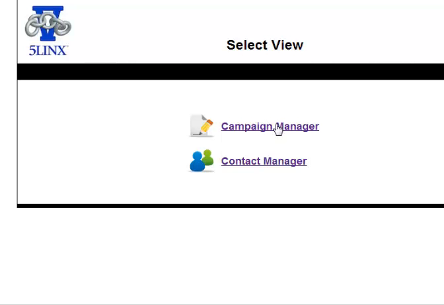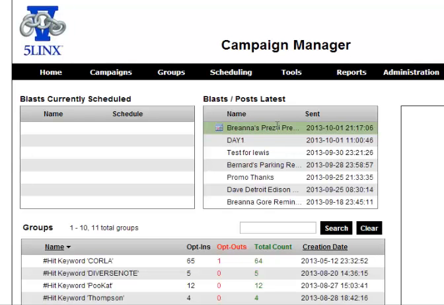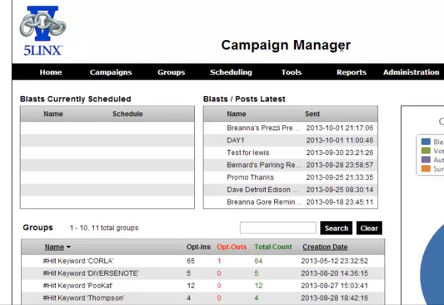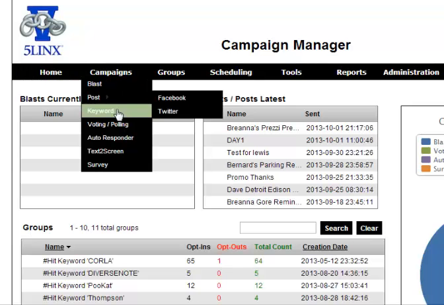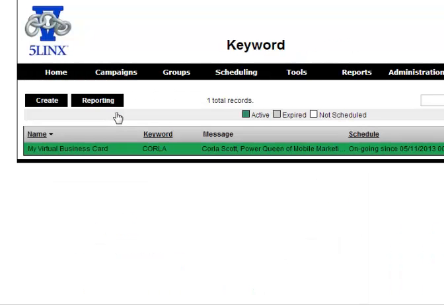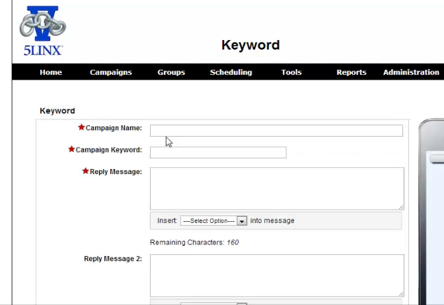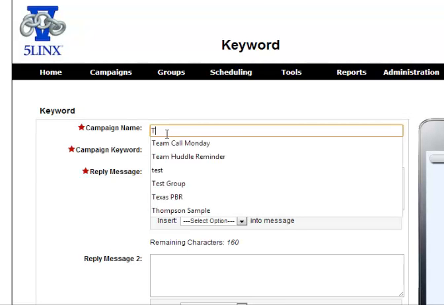You go to your campaign manager to immediately start the keyword, or you can go to the contact manager to upload or begin to type in your phone numbers. We're going to go to the campaign manager, and it brings you to the campaign manager dashboard. I am going to create a new keyword, and my new keyword is